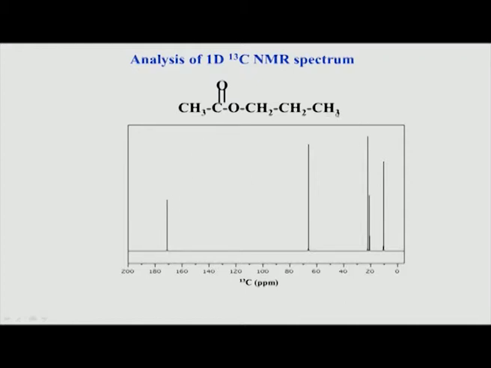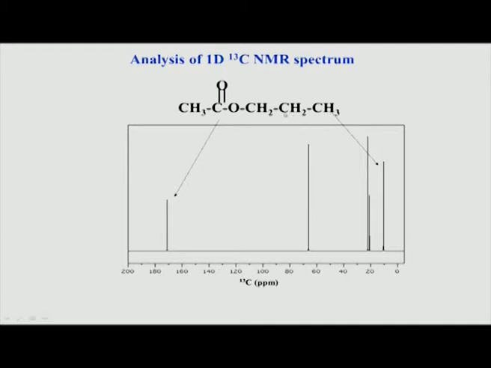Then let us start from this corner. This is CH3, which is away from all the electronegative functional groups. That means this will have the most upfield shifted carbon, because the inductive effect is the lowest. So you would expect that this carbon corresponds to the most upfield shifted carbon peak, which is here. That is the carbonyl assignment which we just discussed, and this is the CH3, which is this peak.